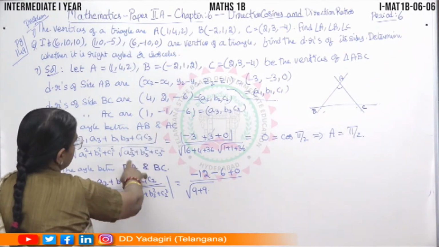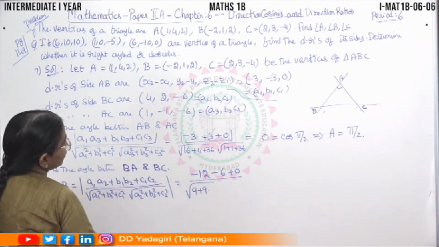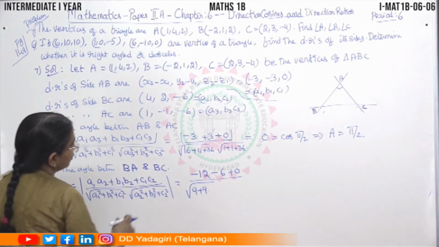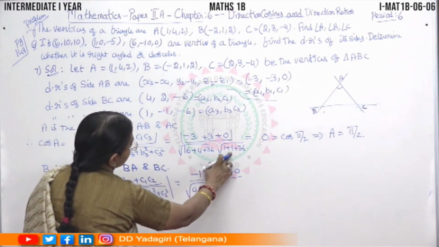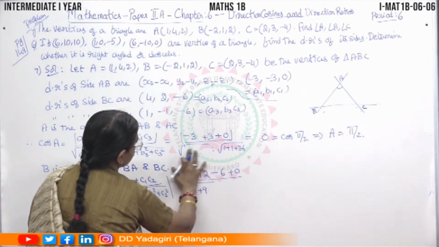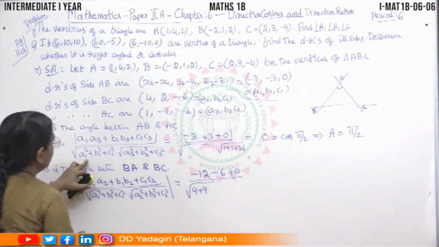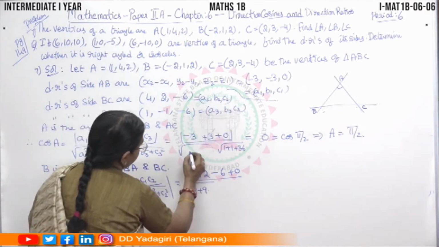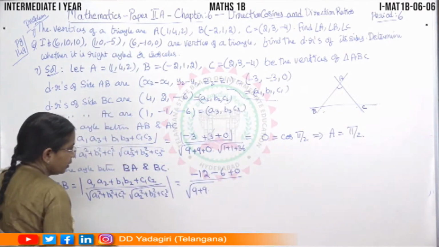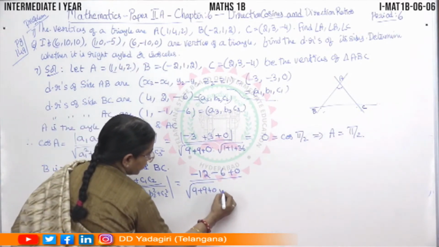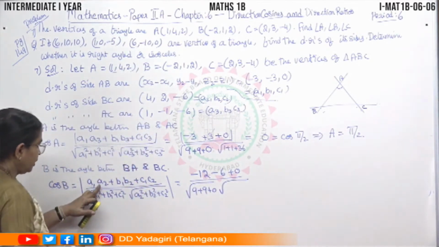AB and AC. Root of this is correct, 1 plus 1. This is wrong here, please. So here actually it should be 9 plus 9 plus 0, but anyhow it is 0, so okay. So 9 plus 9 plus 0 into root of A2 square